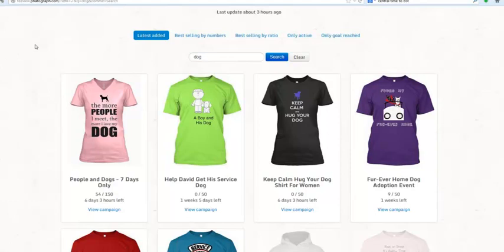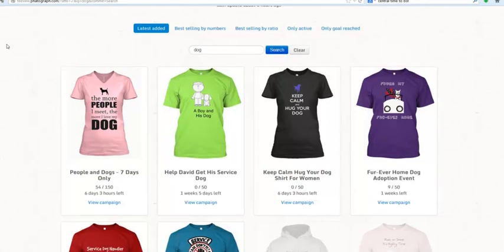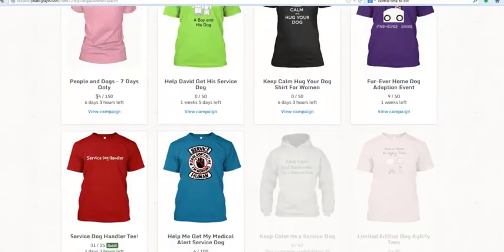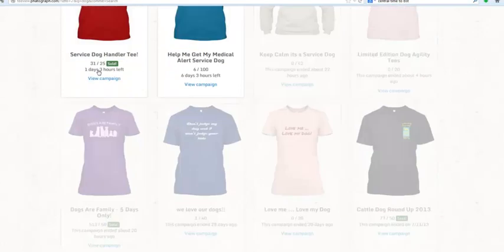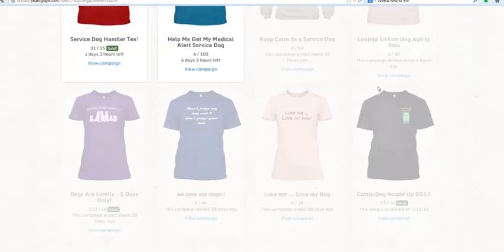No, these are somebody else's designs, guys. You can't steal their designs. That's totally unethical, not to mention illegal. But you can take these designs and model your own after them, okay? You can create your own design, your own version of it. But no, don't rip off their designs. Yeah, and there are some big sellers: 54 out of 150 already, 6 out of 100. And you can see the ones that aren't selling well, 72 out of 50,